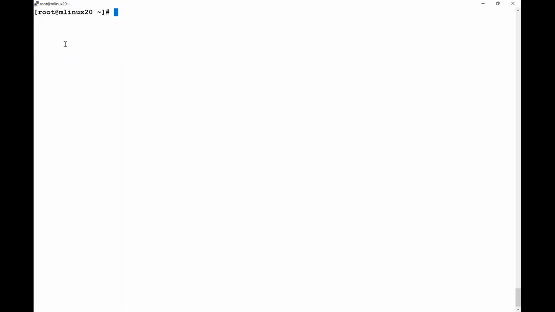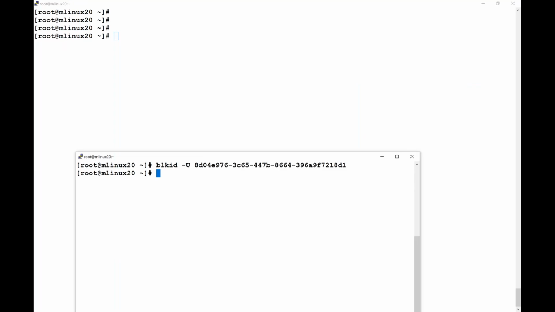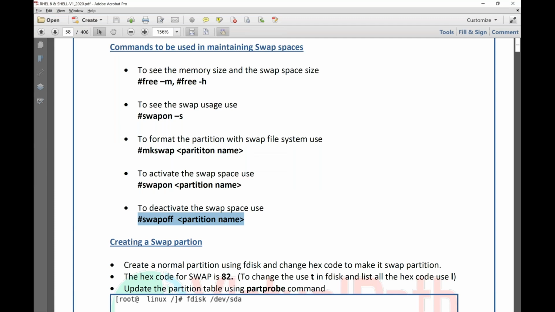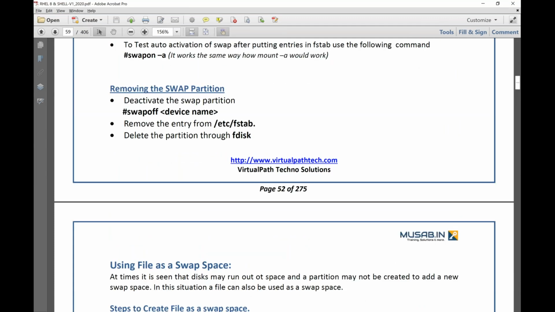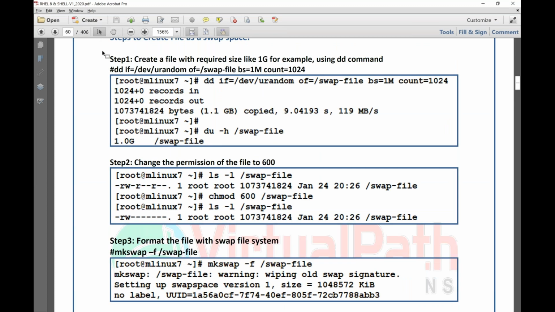So in this scenario, I need to randomly copy data and put it into a file with a size of 1 GB. That can be done by using a concept called dd, disk dump or device dump, whatever you call it. dd is a special command that can copy a dump of data into a file. So we have the dd command with if and of, where if stands for input file and of stands for output